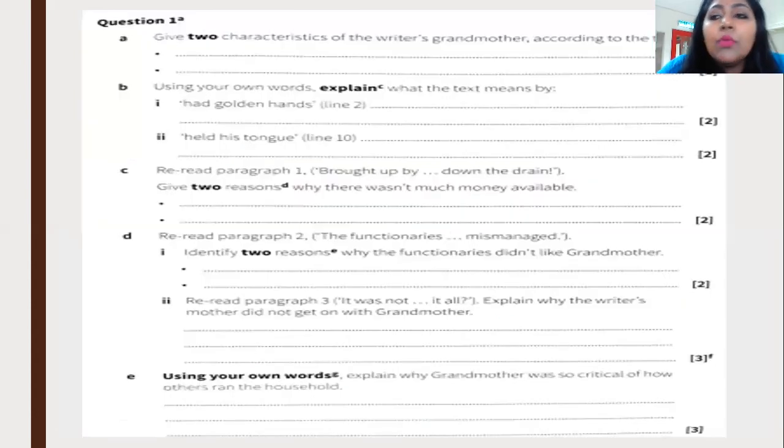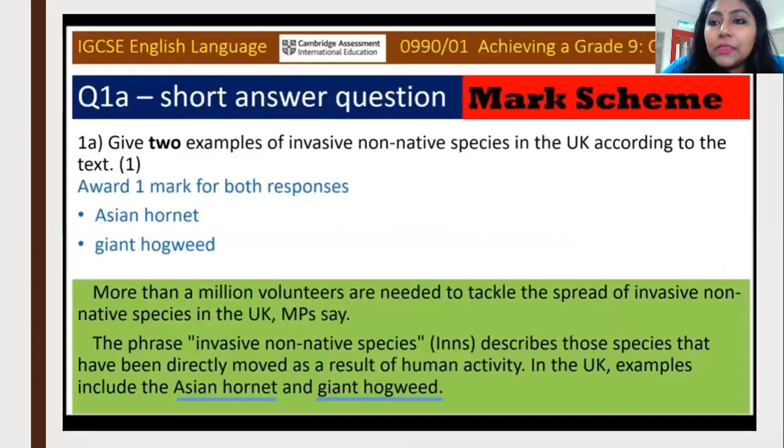Okay, now moving on, this is how your reading comprehension questions will look like. So you have 6 sub questions. Like we look at that, it's going to be A, B, C, D, E, and every single question requires different skills. So let me move on to the specific part of the question. So this is going to be the first style of question,